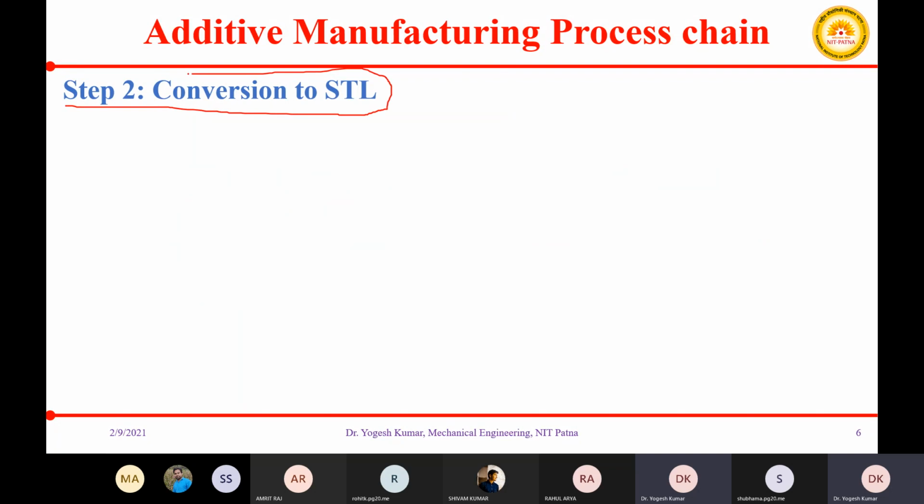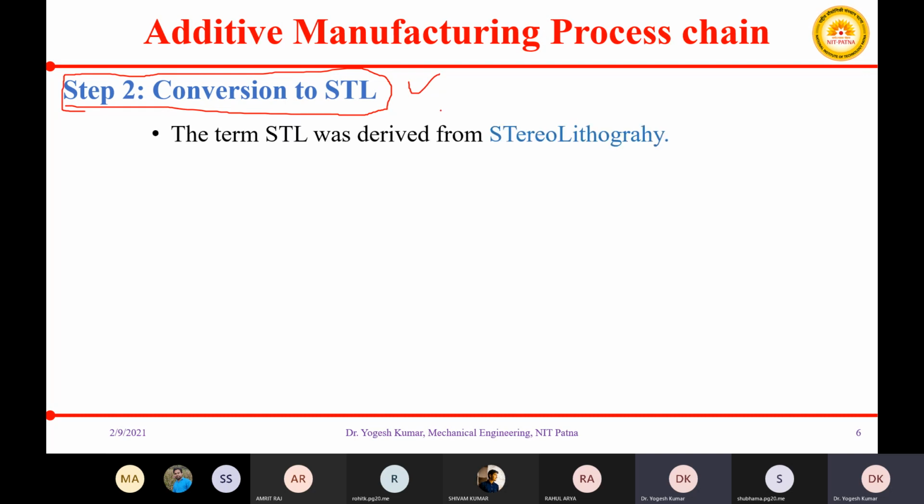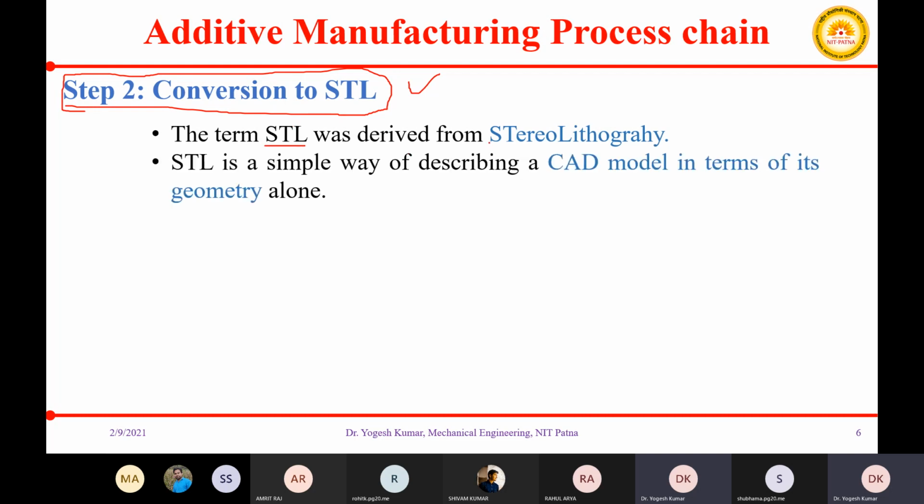Conversion to STL. Once you have created the 3D CAD model of your component, you will convert your 3D CAD model into an STL file. What does this mean? STL is the term used for stereolithography.